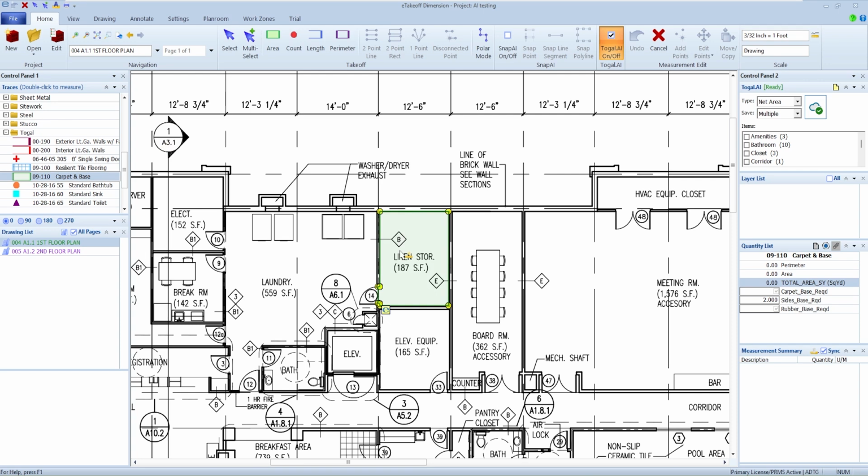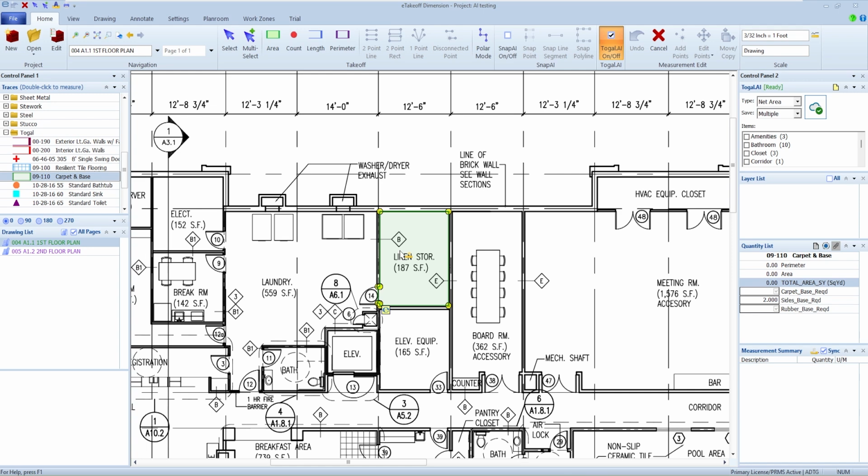Now, I could do a few different things as far as doing takeoff goes. If I held down my shift key, it would actually highlight other rooms that it thinks might be the same type. Now, one of the things that I've learned from estimators through the years is one of the problems that some clients have had with using architects' numbers right off the bat and some of the BIM models out there is, well, that's not labeled right, or I'd like to go through and validate on my own.